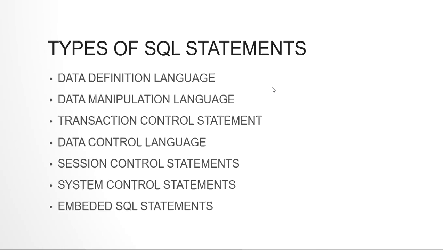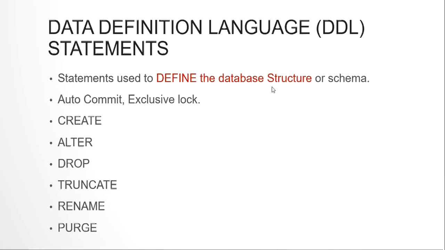They are well categorized into 8 different types of SQL statements, and we are going to look at and understand what those 8 different types are. To start with our video, the very first type of statements we have are data definition languages, also known as DDL statements. Now, as the name suggests, they work with the definition of the Oracle object.